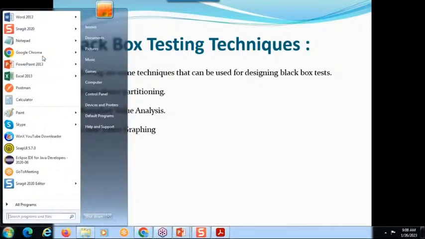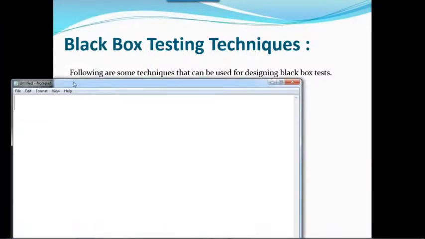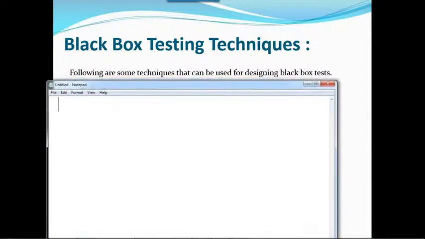Suppose the requirement is this: there is a text box, and you need to enter values from 5 to 500. How will you test this? Can anybody have any idea?